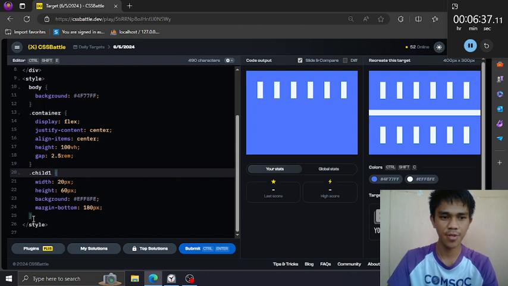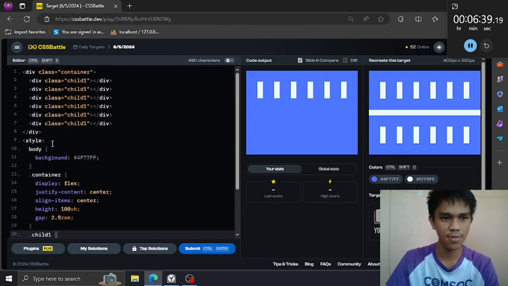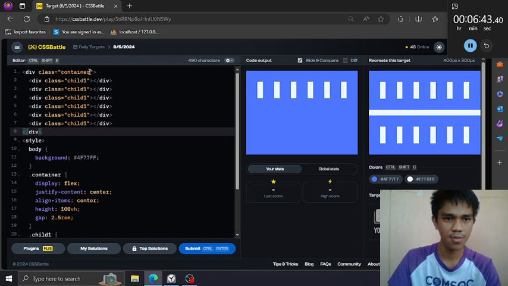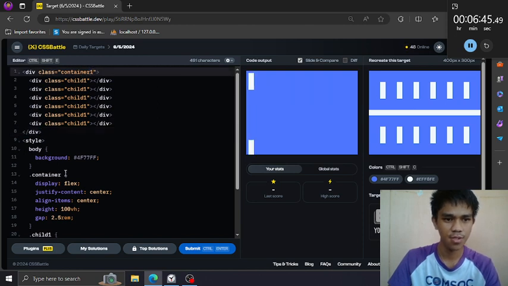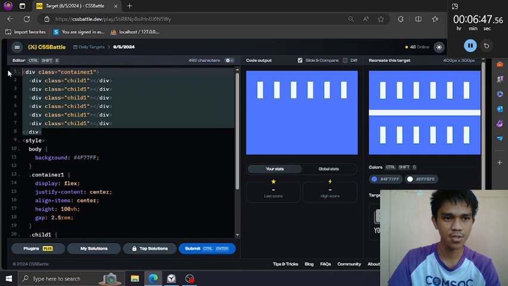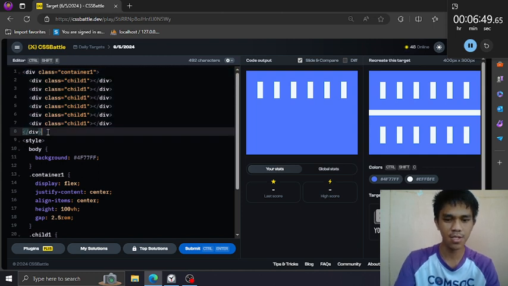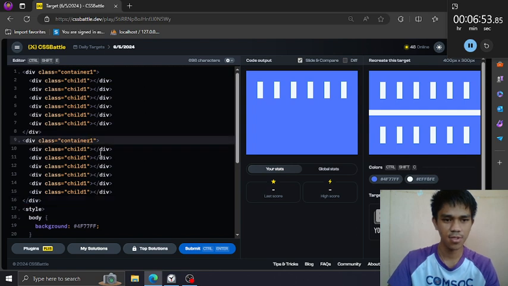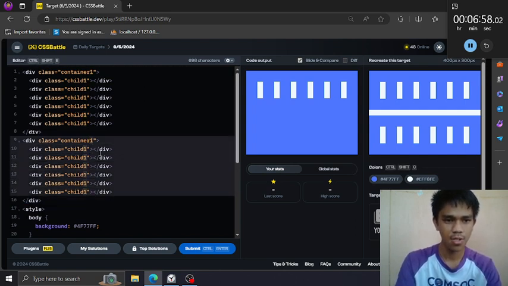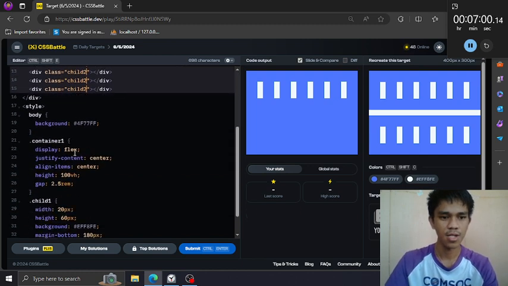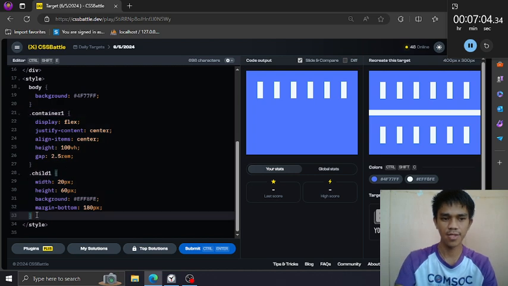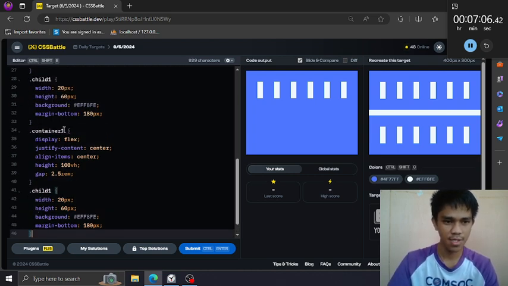Now on the bottom portion. So what we can do is just copy this. So yeah, container one. Copy this container one along with its children. Now just rename this one into 2 and copy the style of the 1 and rename this to 2.